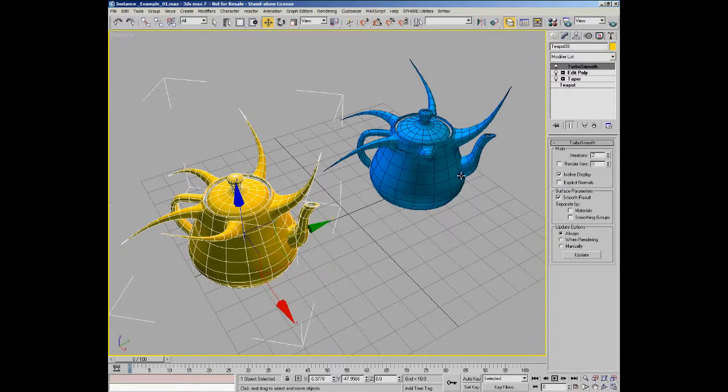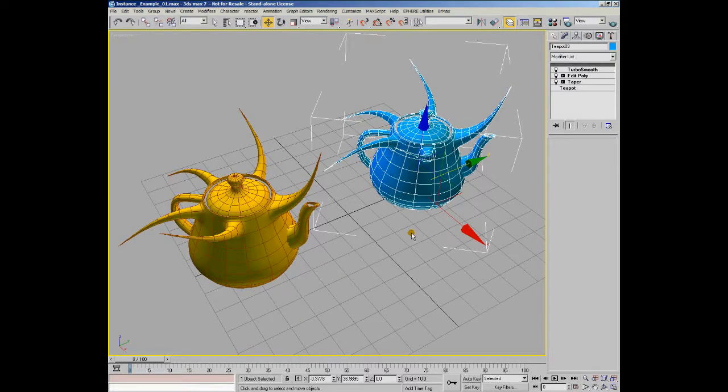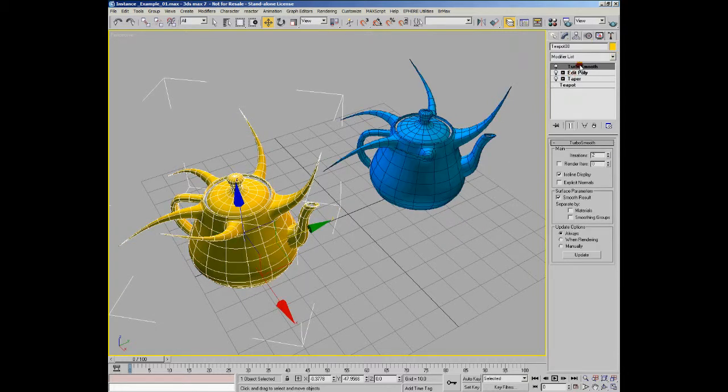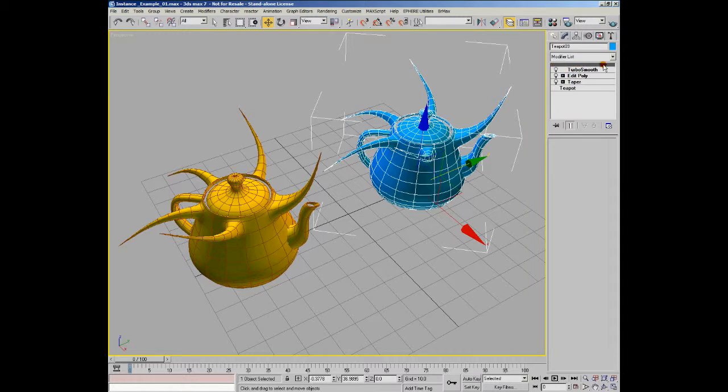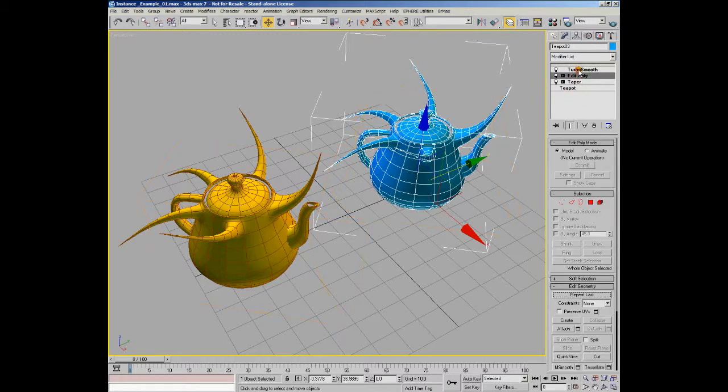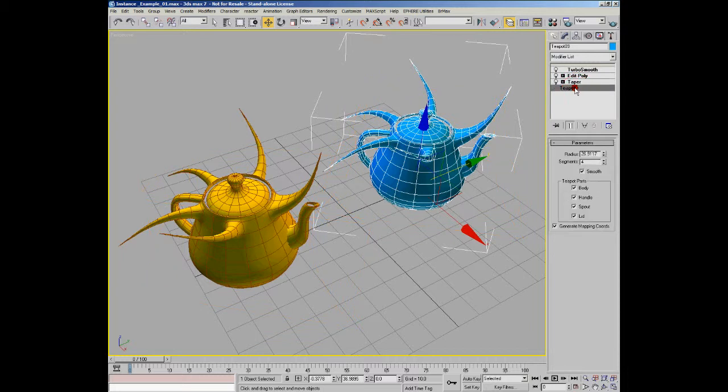Actually see your original teapot object again. And over here I've prepared a reference object. Now if you look at the two stacks, you'll notice that this one looks pretty normal, but this one has a thick grey line running through it at the top here, and that's the referencing line that indicates that below that point all of the modifiers that you see are instances of those from another object